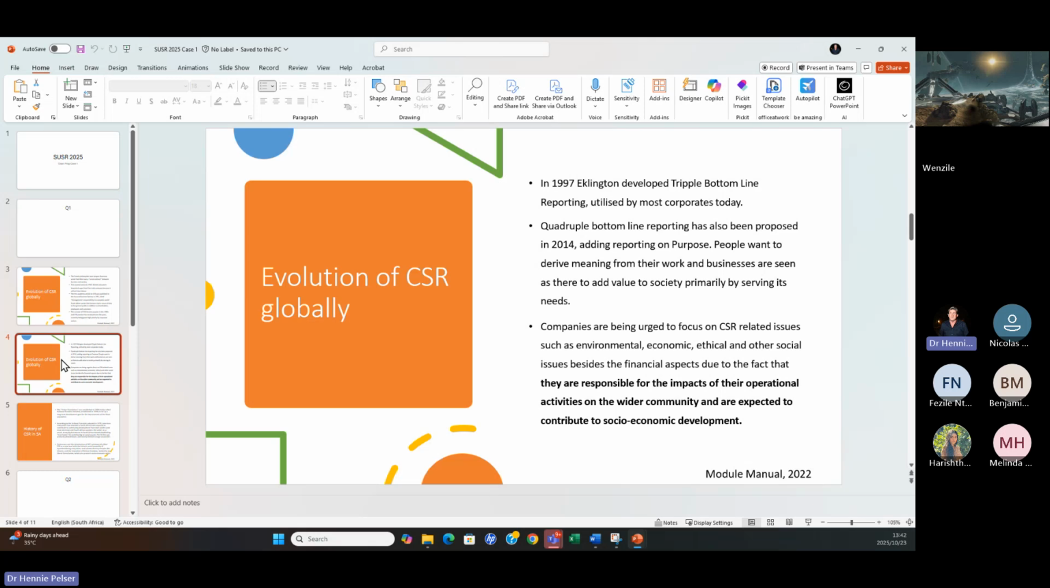The quadruple bottom line became the fourth P, and this is where the fourth P was added, and this was for purpose, and it was around governance. It happened as a consequence of